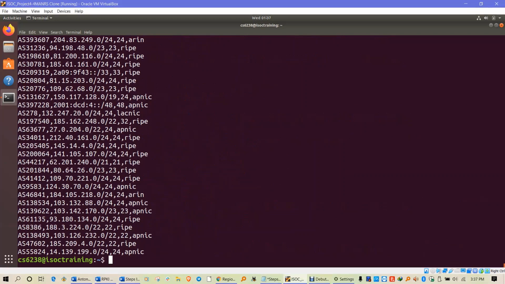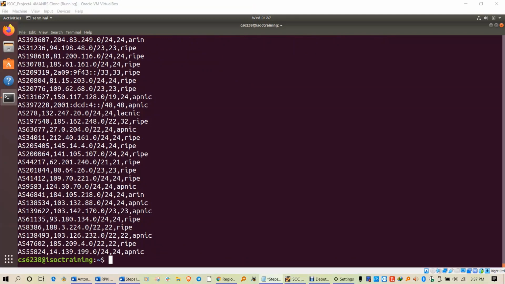Now you can see our command has completed successfully. We should now have all the ROAs from the global RPKI repository on our local validator as a validated cache, ready for any